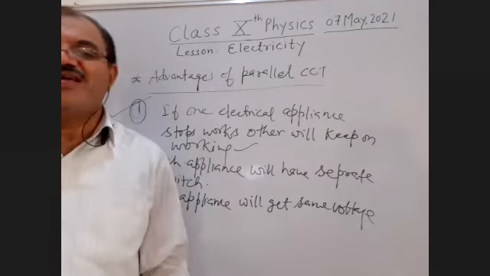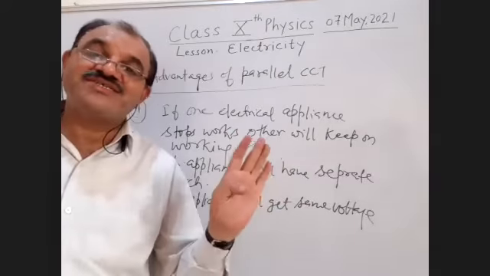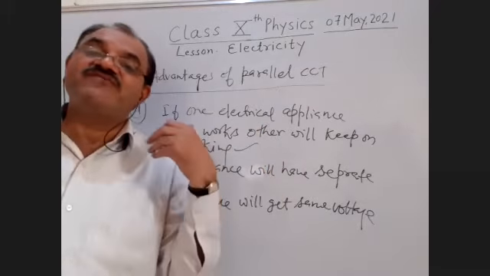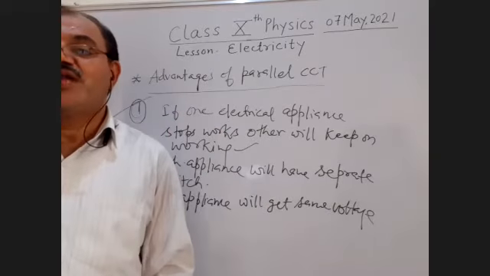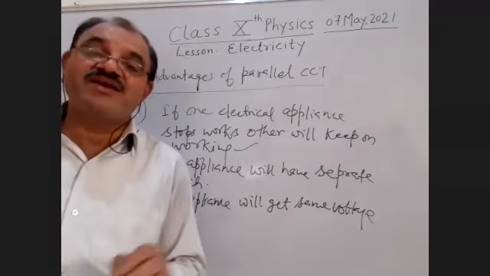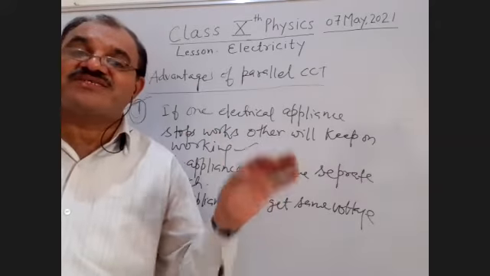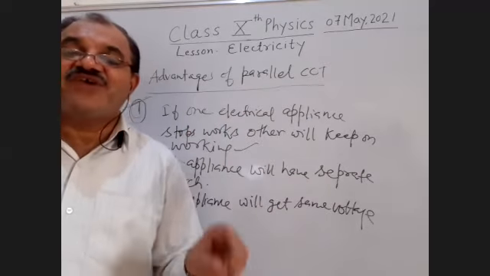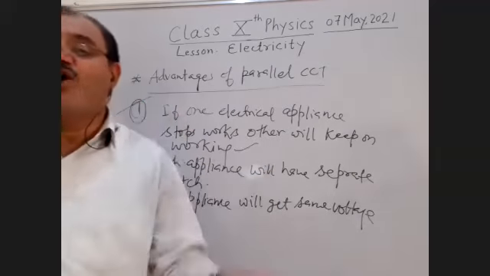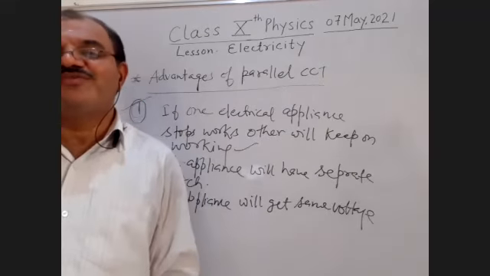Is it clear, student? It is clear that when resistances are connected in parallel, because different electrical appliances will be having different resistance also. Now students, what if the connections are in parallel? The net value of the resistance will be less. And when the net value of the resistance is less, it will allow more current to flow.